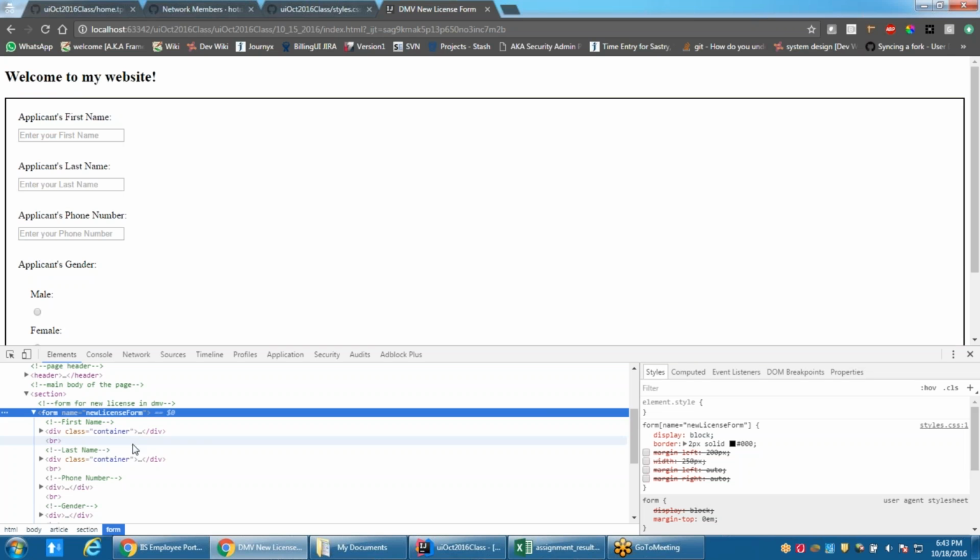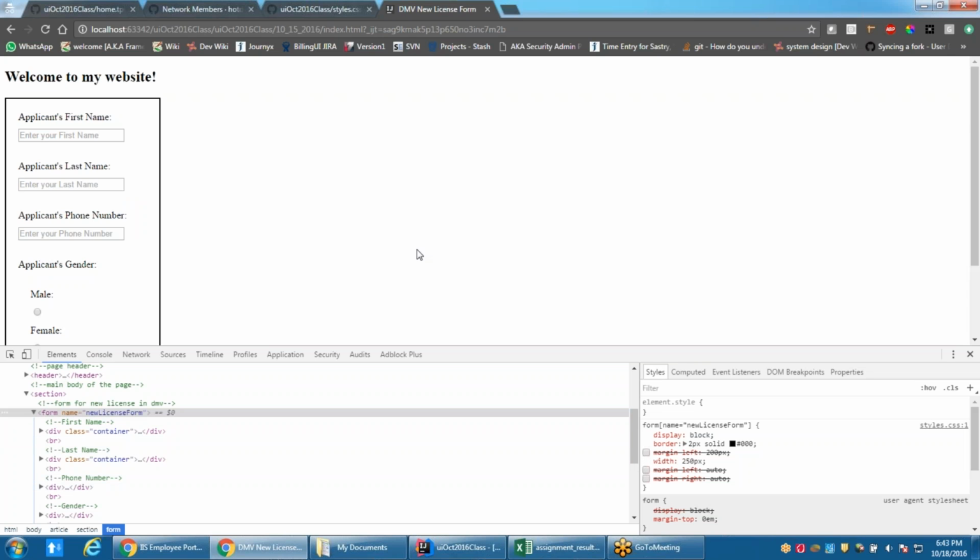ओके, सो इसके लिए अपने को करना क्या है कि अपने को जो है एक हार्ड कोड विथ वैल्यू डिफाइन करना ही पड़ेगा फॉर द फॉर्म. इन दिस केस मैंने 250 पिक्सल्स चूज किया है बिकॉज मुझे लगता है 250 पिक्सल्स इज करेक्ट व्हेन आई लुक एट द फॉर्म. ओके,